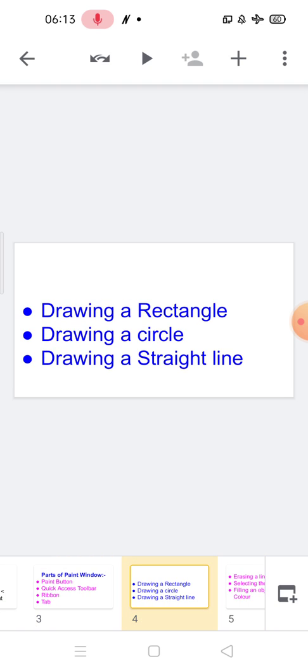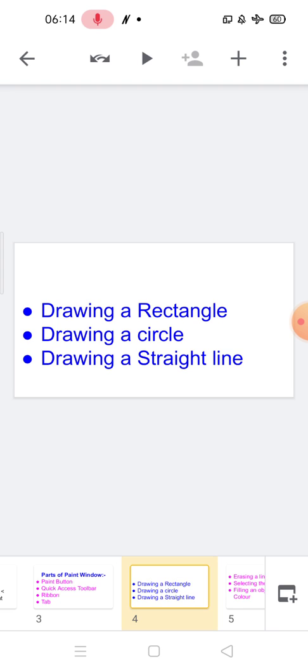Next is drawing a rectangle. How can you draw a rectangle, a circle or a straight line in the Paint window? First topic is drawing a rectangle. First of all, you have to click on the Home tab and then click on the rectangle tool in the Shapes group and select any color from the Color group.